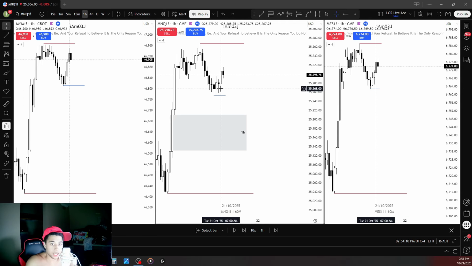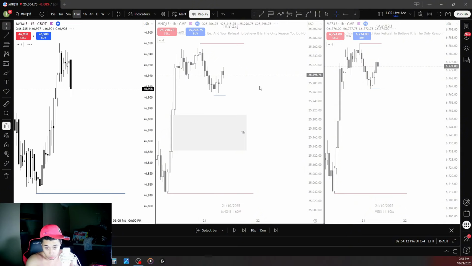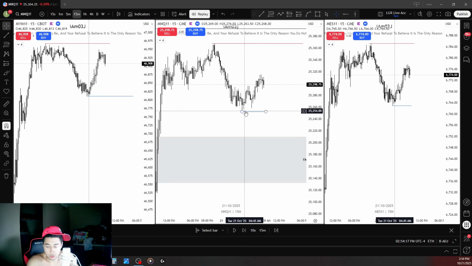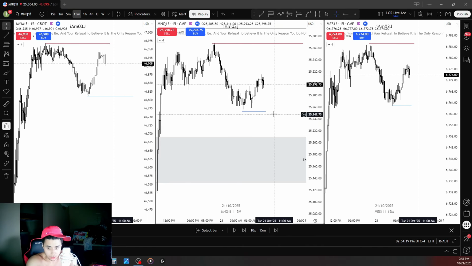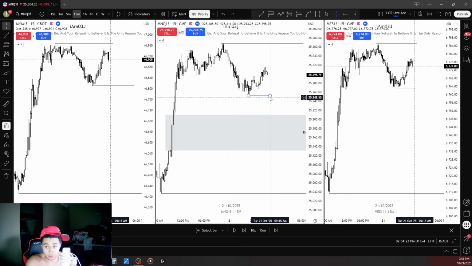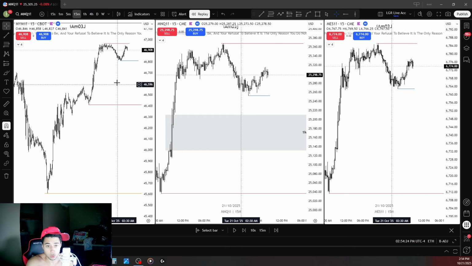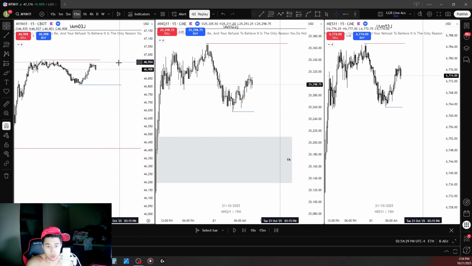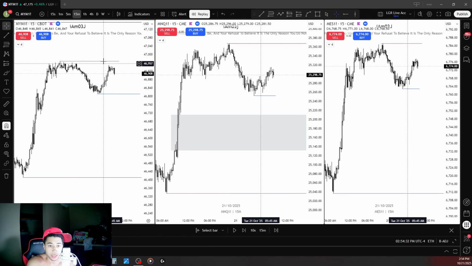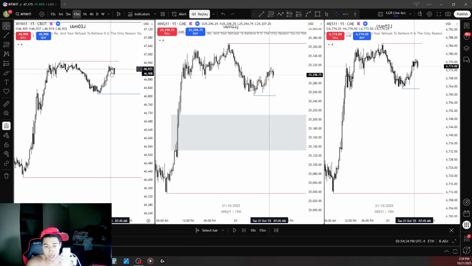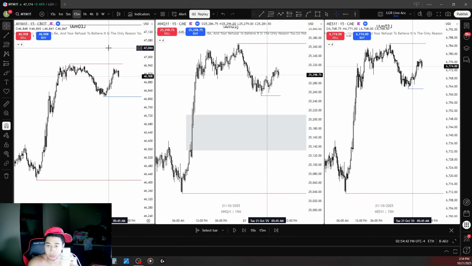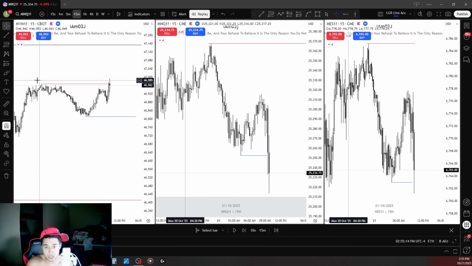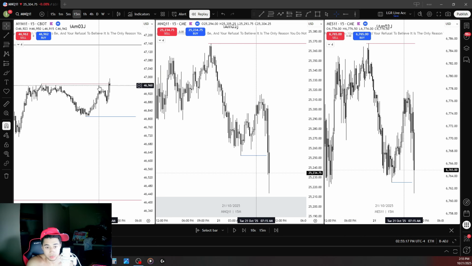But we came into the day with no SMTs. I had no idea what we were gonna do, but since I was bullish and since we were closer to London low on NQ and ES, I was really looking for a London low SMT to push us up higher towards this overall drawn liquidity. Now I knew that we could potentially get held up after we took out previous day high, so if that got taken out, I knew I probably wasn't going to take a trade. But you can see we created this London low SMT at the same time that YM took the previous day